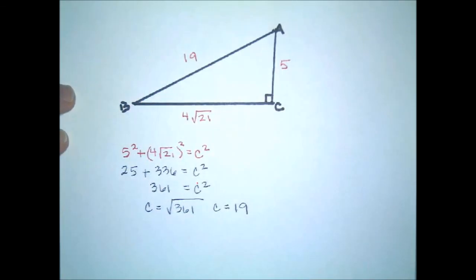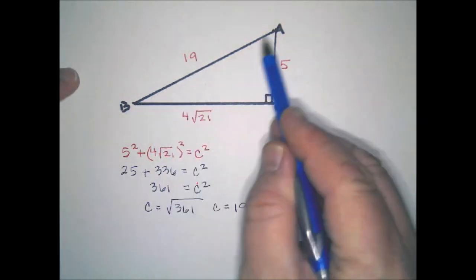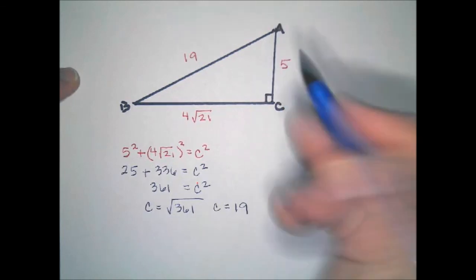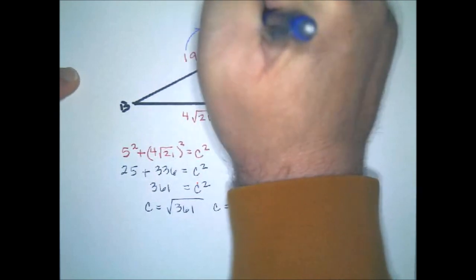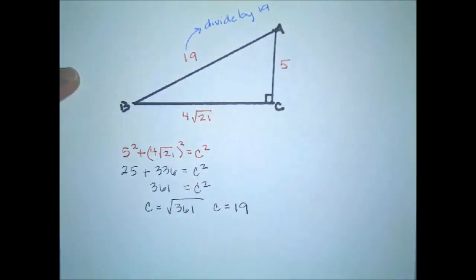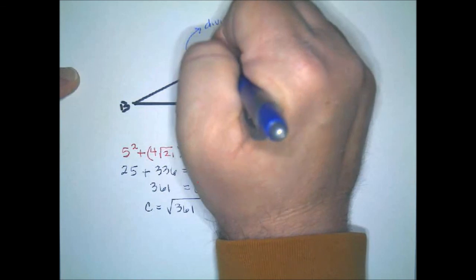Now, let's go back to the concept that we left on the last problem. What if I wanted that hypotenuse to not equal 19? What if I wanted it to have a value of 1? What if I were standardizing that value? So what do I have to do to turn this hypotenuse into the number 1? Well, I have to divide by 19. And if I do that, that will turn this into the number 1,